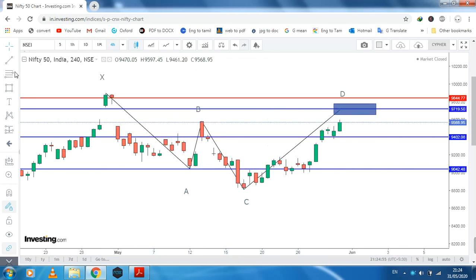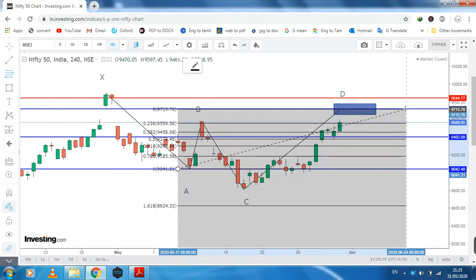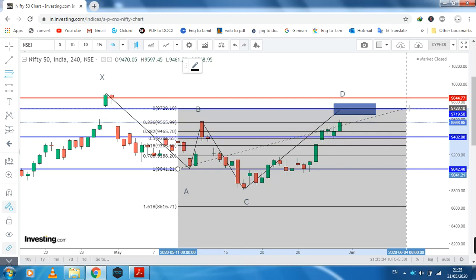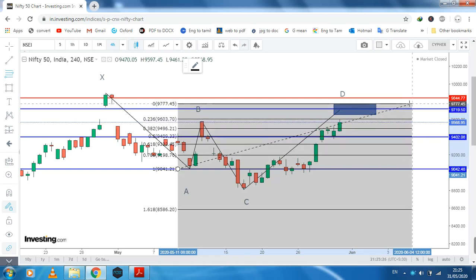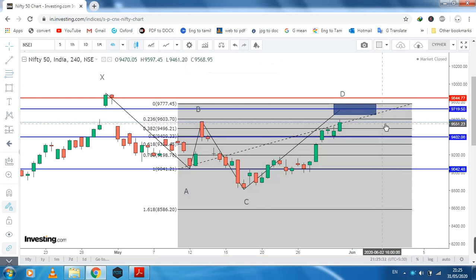How can we go to the tradable targets? After the market comes down again, you can go for the targets. So we need to draw the Fibonacci retracement again from X A to D. A to D. Sometimes the market goes here, sometimes the market can go there. So this level I am drawing here. Okay, that's enough.